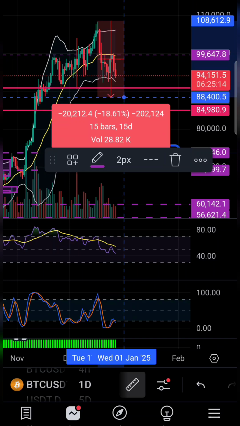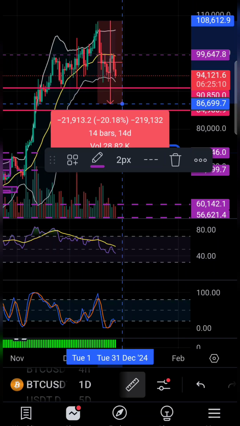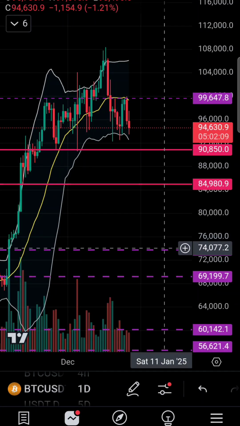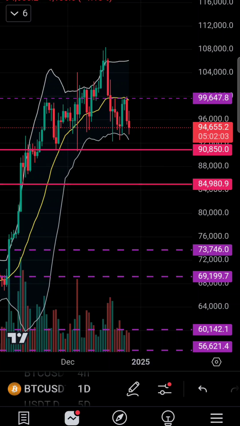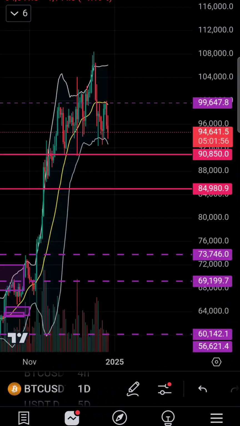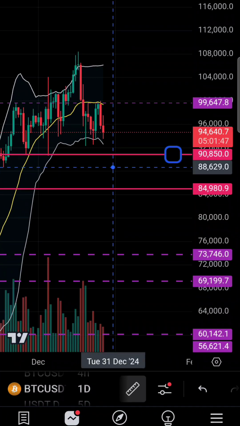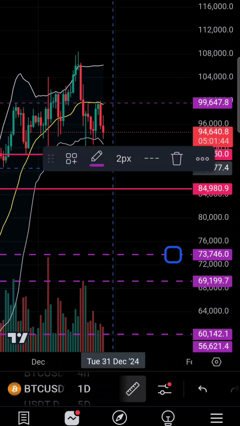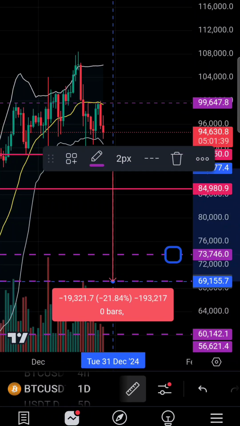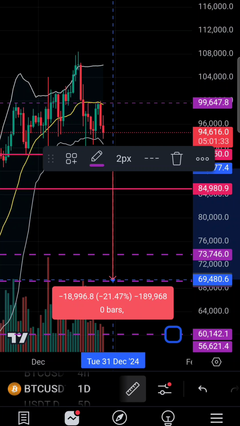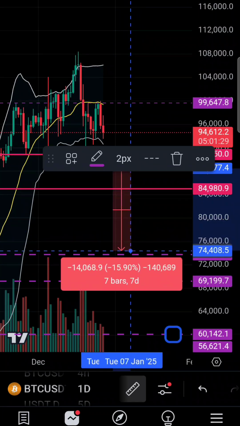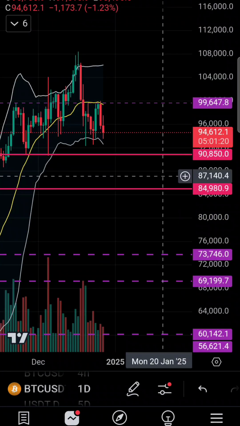Anyway, 20% correction if we get it. And this is why I say if. 73K, as previously said, is a consolidation area, the top of a major consolidation area where Bitcoin was at for months before it finally broke out. So if I were going to wait to DCA from, let's say, the 88K level, 88, 89, that would be the 20% area where I could drop money at. And if Bitcoin comes back up to even retest these highs at all, huge profits will be made.